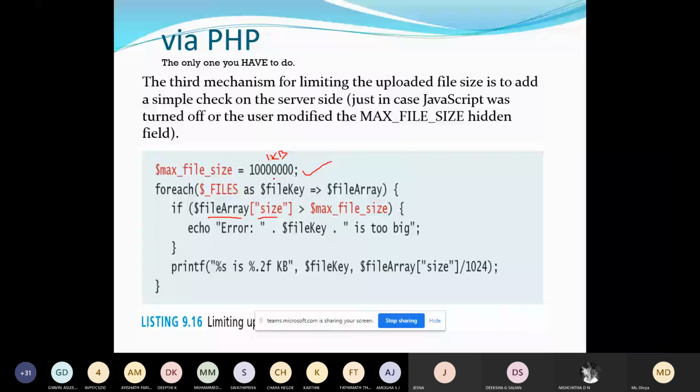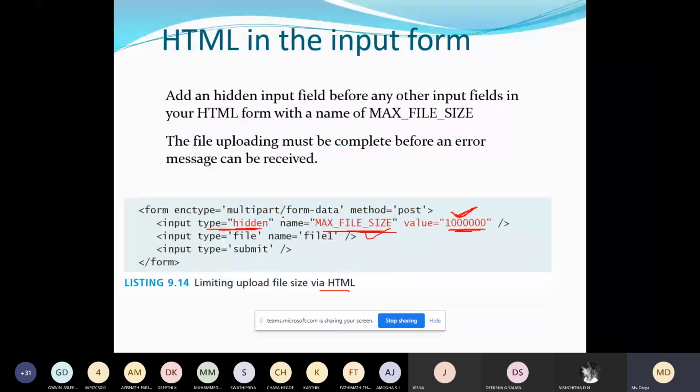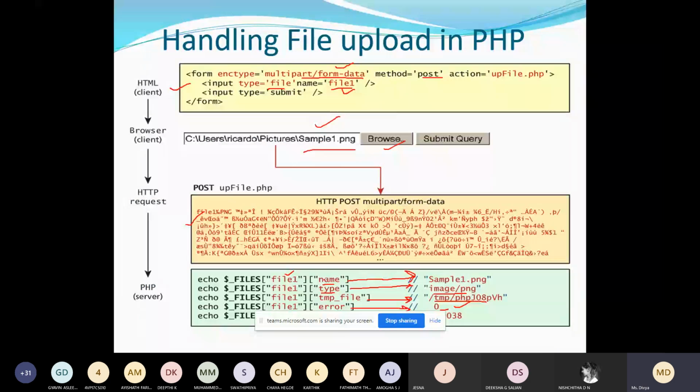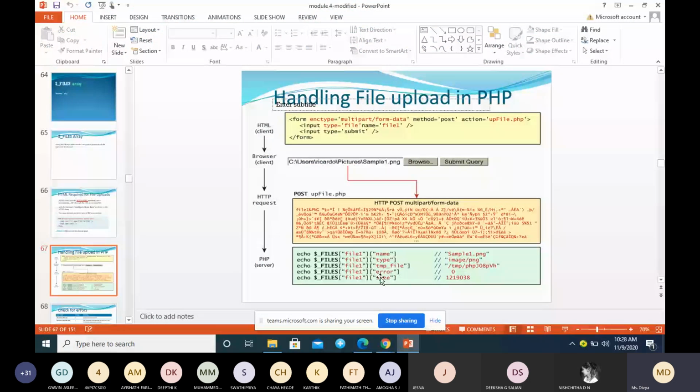This is the name of the array, and this is the field you can fetch, which will give you the size of the file in PHP.